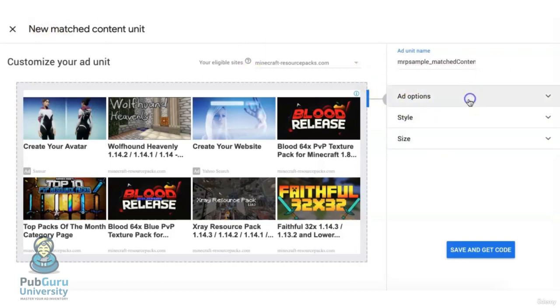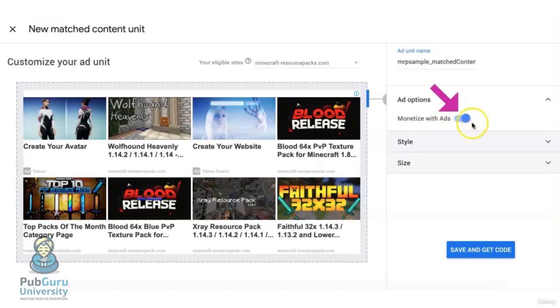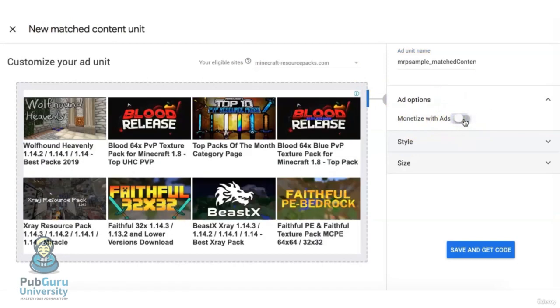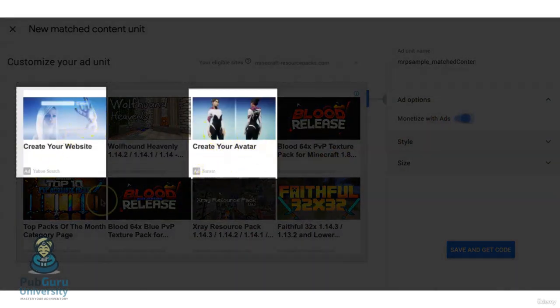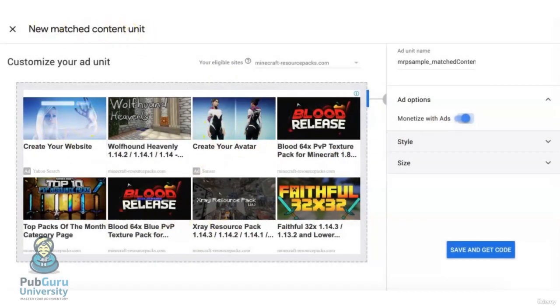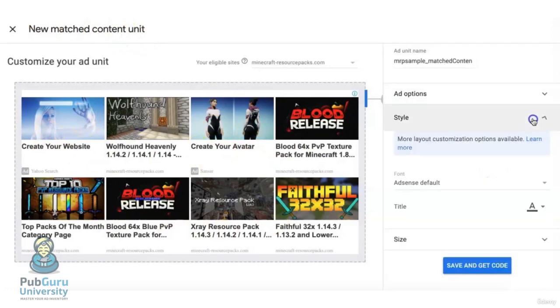Click on Ad Options, and this is where you can toggle to either monetize with ads or not. If you turn that off, 100% of the time it's just content recommendation from your site. If you turn that on, you're going to have some ad slots in there where appropriate. Now you click on Style,